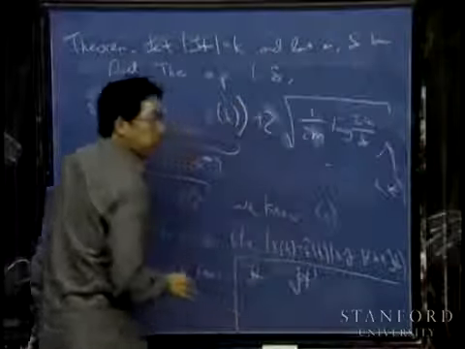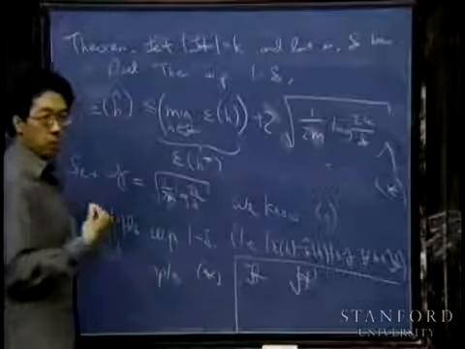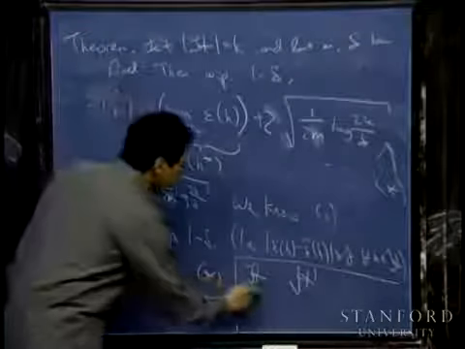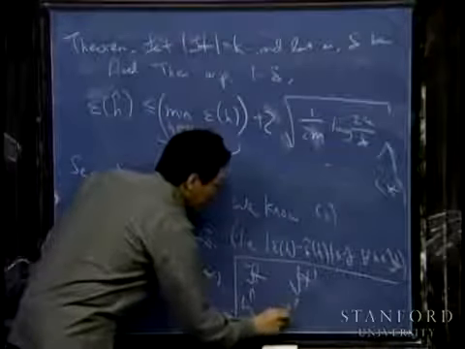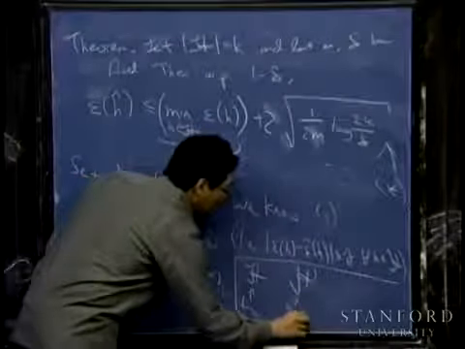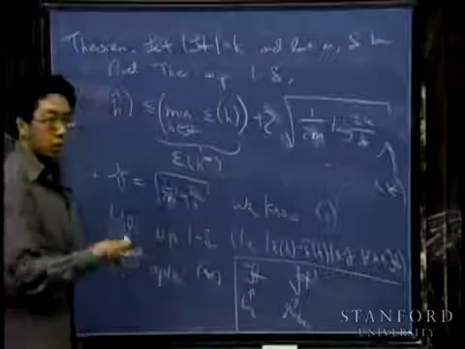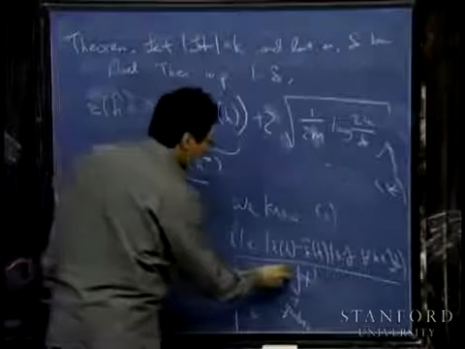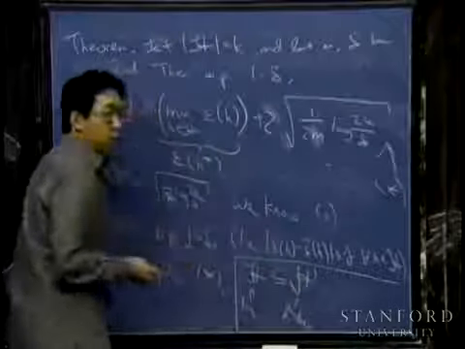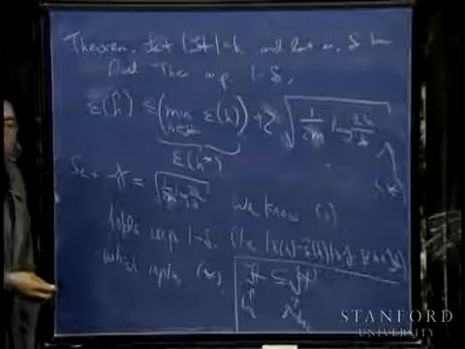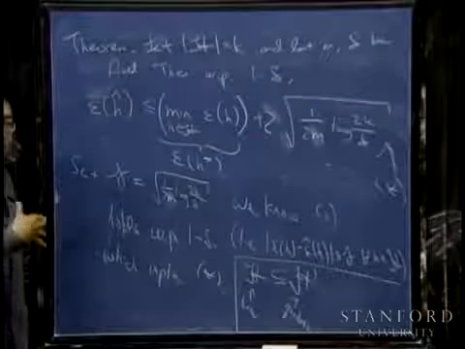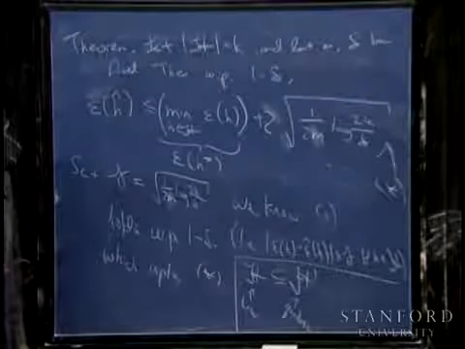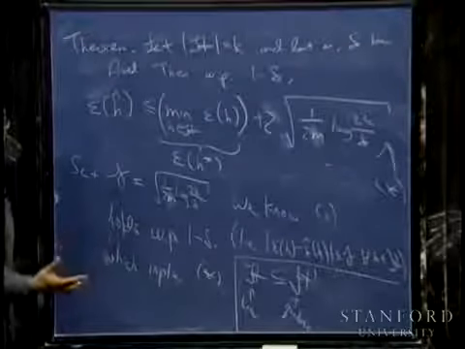And let's say I'm considering switching to some new class h prime by adding more features. So let's say this is linear and this is quadratic. The class of all linear functions is a subset of the class of all quadratic functions, and so h is a subset of h prime. Instead of using my linear hypothesis class, let's say I'm considering switching to a quadratic hypothesis class. So switching to a larger hypothesis class.